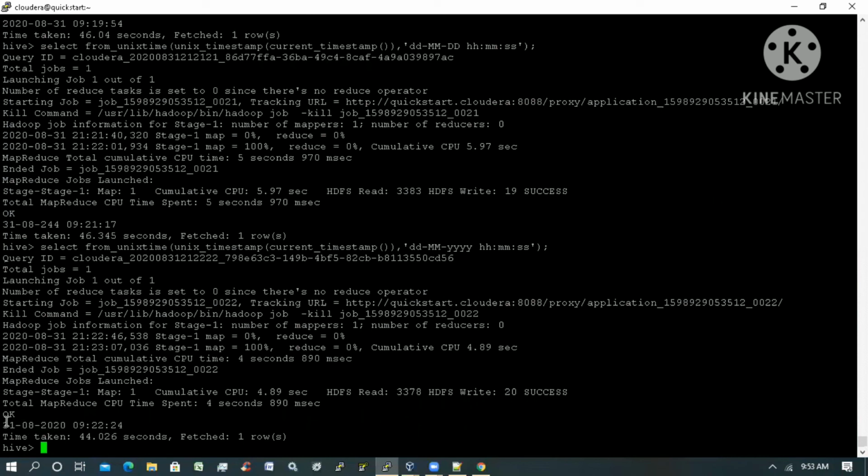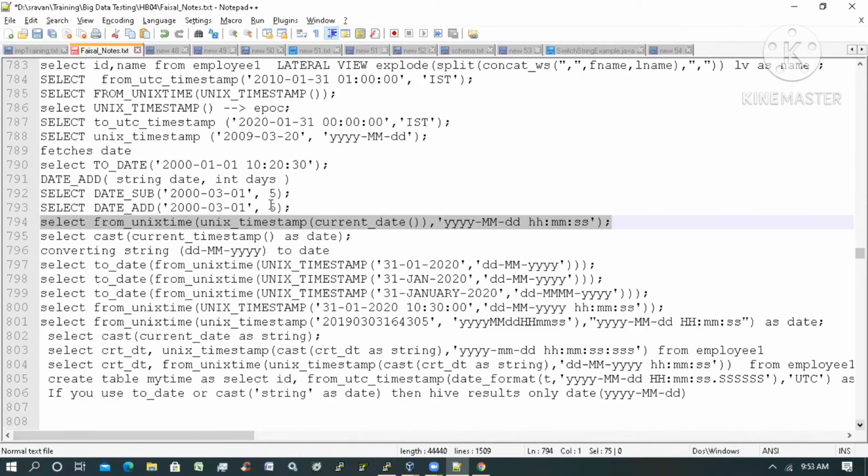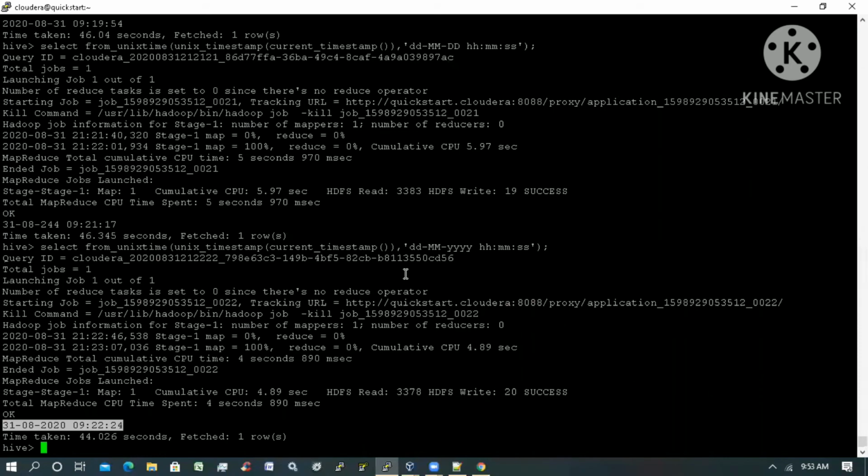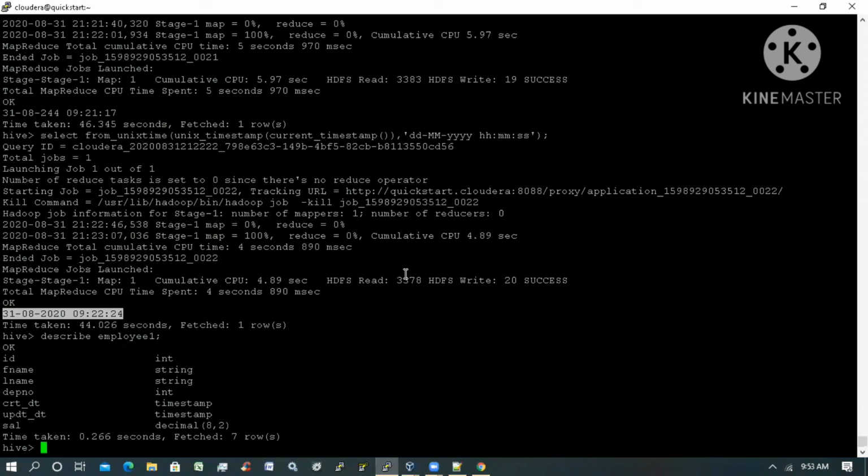Sorry for that. I converted it into the respective format. This is the thing we converted and we are showing it. That means now you got it, how we can convert a date to another format. Same thing I want to show for one of the tables.